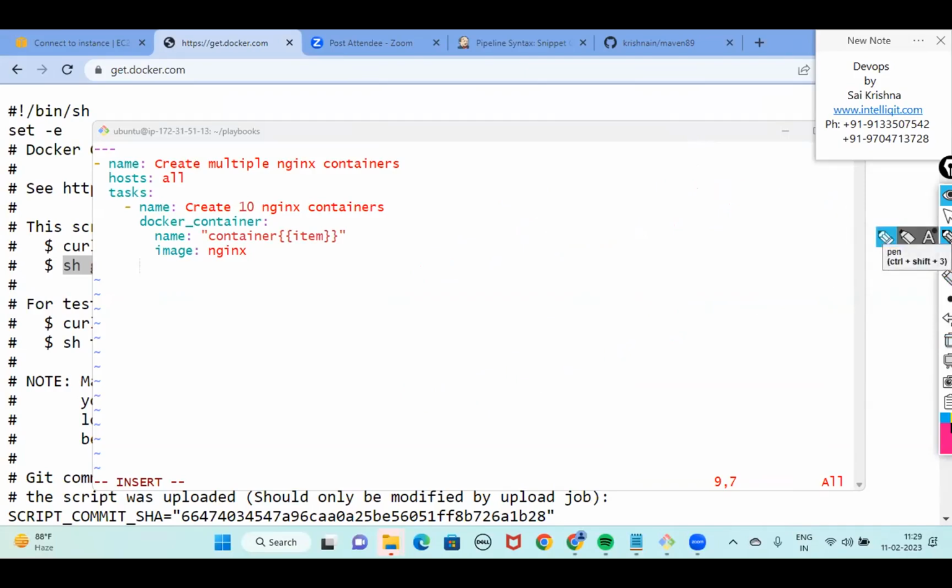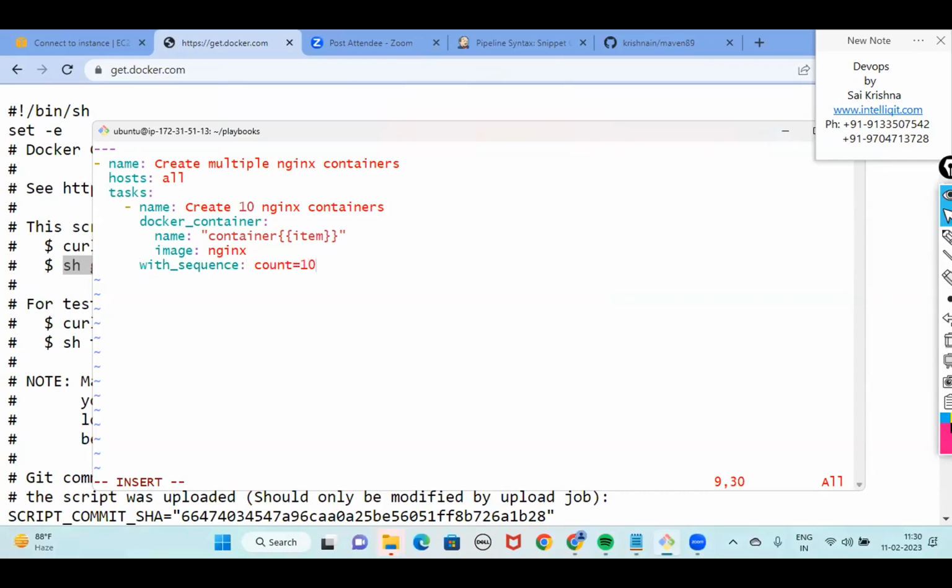In the case of with_items, you are passing certain sets of data and it's running for that many number of times. In the case of with_sequence, you don't pass any data. You just tell how many times the loop should run. I'll give a count. I'll say run for 100 times, run for 1,000 times, and the loop runs. So with_sequence, and here I will say count equals to what?